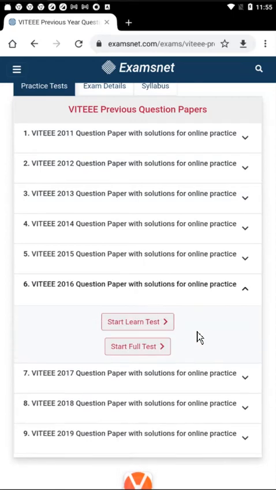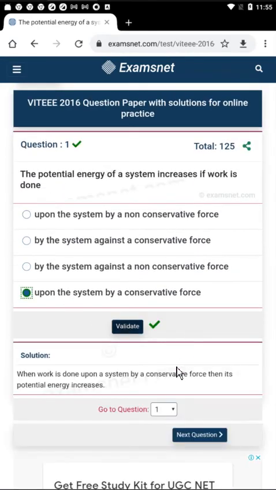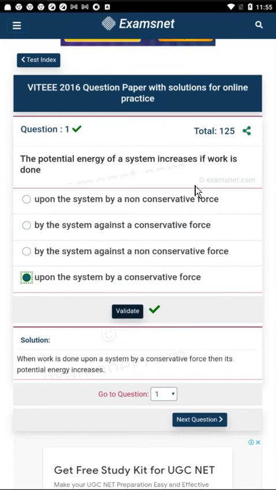Here also you can practice in a similar way. Start the learning test and start the full test, and it works almost like the app. There is no difference, just the user interface looks somewhat different, because in the app you feel it's very smooth. Other than that, everything is the same, so it can be practiced.